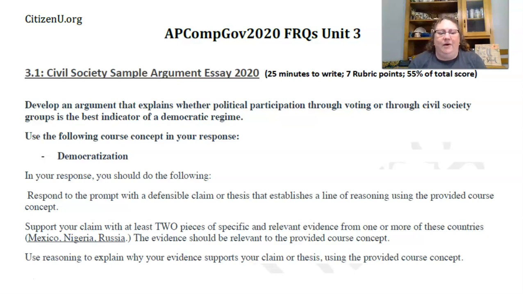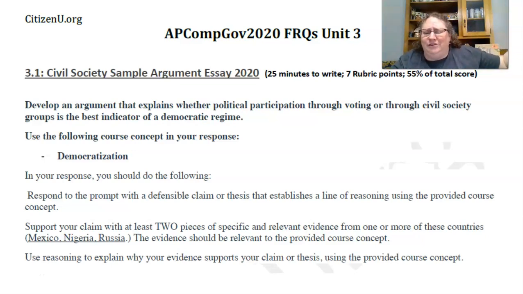So now we've got to look at my choices though, right? Here's what I would talk about: Mexico, and how Mexico has been democratizing, becoming more democratic. That's a better word. I'm trying to make a new word. How Mexico has been becoming more democratic and they have been expanding their civil society. That the entire time that they've been a country, they've been voting since they led the revolution in 1917 and got rid of the dictatorship of Porfirio Diaz. They've been voting, but they had